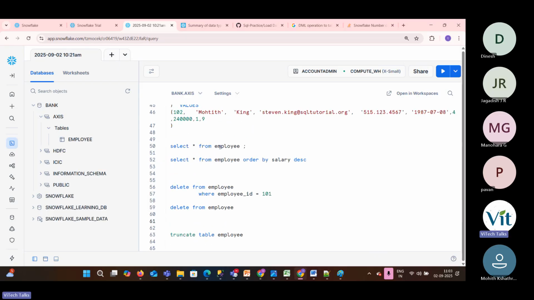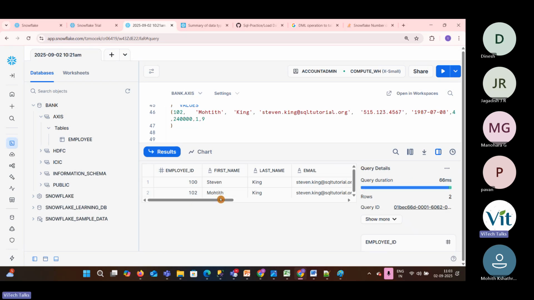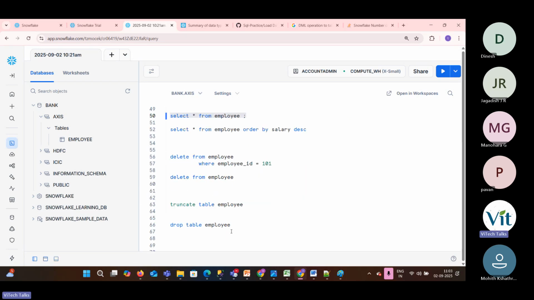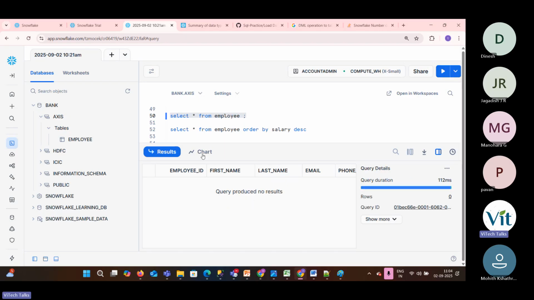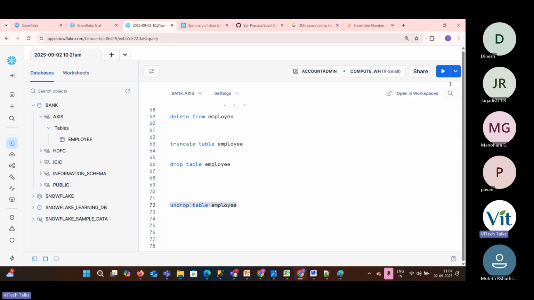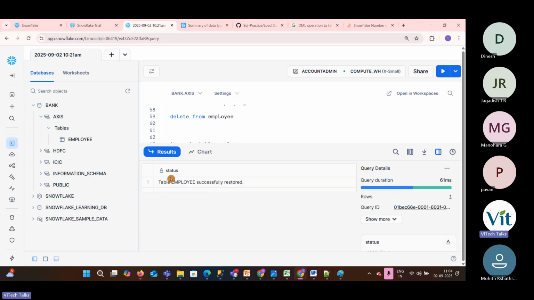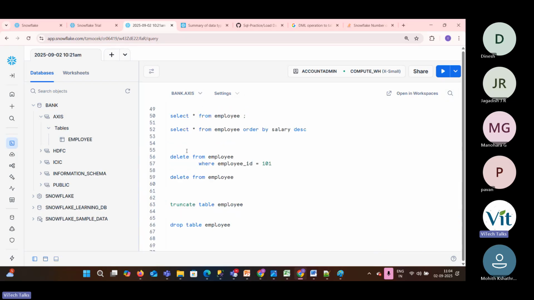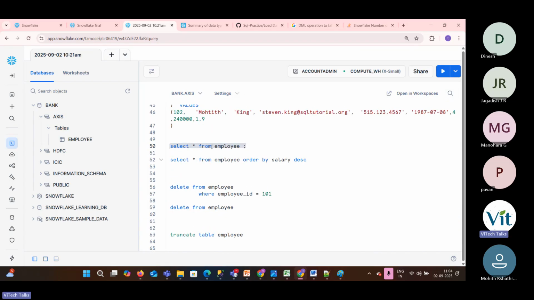Now let's see. You can go to select star from employee. You will be able to see these 2 rows. Again, I'll do drop, perform these queries, and see if any data is there. No data. Now undrop table name, and again you can verify this. So these kinds of features, see,